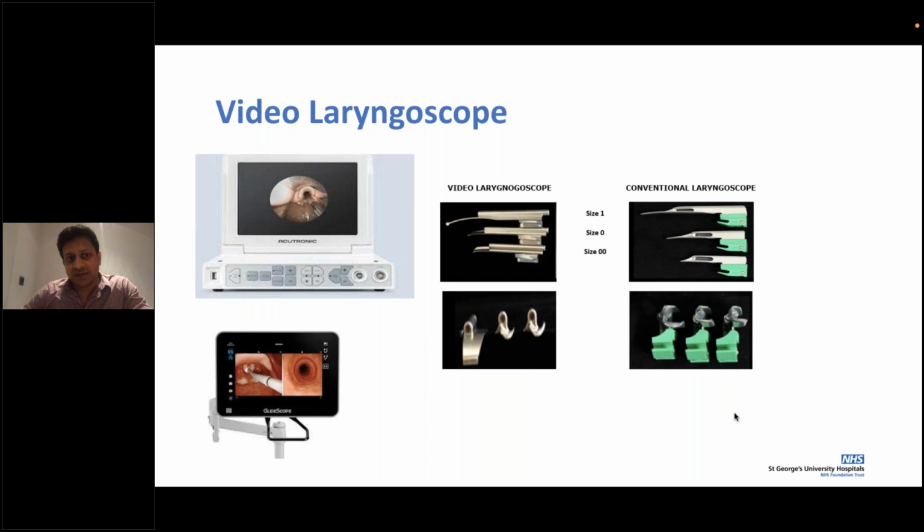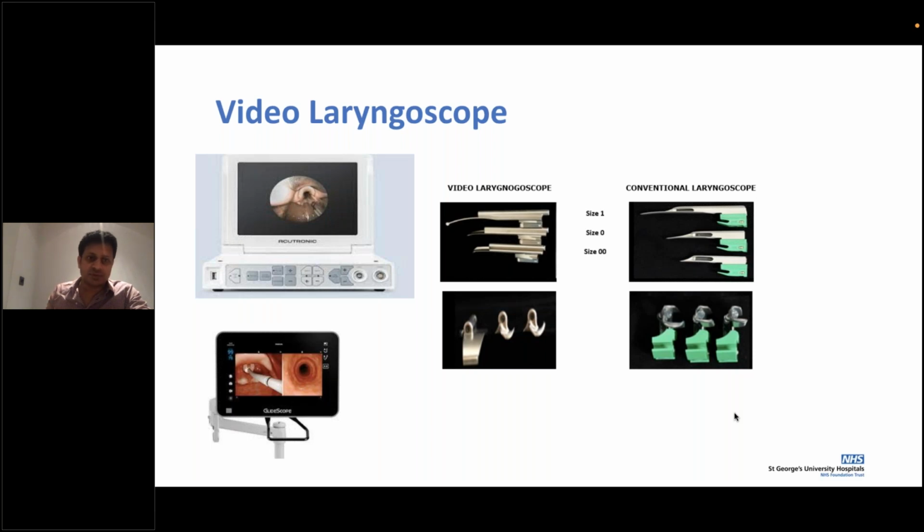The Acutronic is commonly used, but the problem right now is that the company has shut down, though this is the only video laryngoscope that has 00 blades. On the neonatal unit at St. George's, we've got both the Kaleidoscope and the Acutronic. The Kaleidoscope has a disposable blade, and the Acutronic has autoclaved blades. Each blade is almost up to 1,000 pounds, so be careful with the blades. Once we use the 00 blade, we send it for autoclaving and it comes back to you.